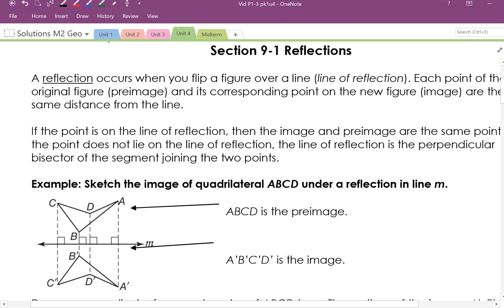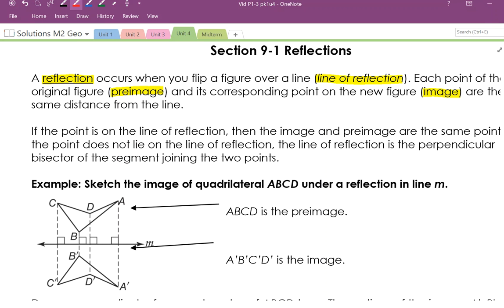Hi, this is a quick video to take you through our lesson on section 9-1 on reflections. So first of all, a reflection is a transformation that occurs when you flip a figure over a line, and this line is called a line of reflection. Each point of the original figure, which is called the pre-image, so think of that as the before, and its corresponding point on the new figure, called the image, and let's think of that as the after,